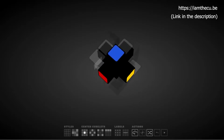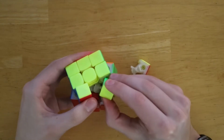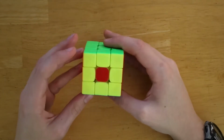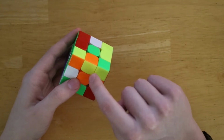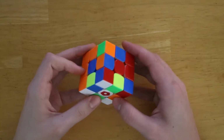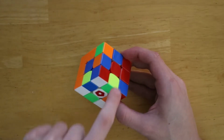The only way you could possibly mix them up is by completely disassembling the cube, then randomly putting it back together. I don't recommend trying this. Centers are a great reference for you to know where pieces go. The orange and yellow edge is always going to go between the orange and yellow centers. The blue, red, and white corner piece is always going to have to be between the blue, red, and white